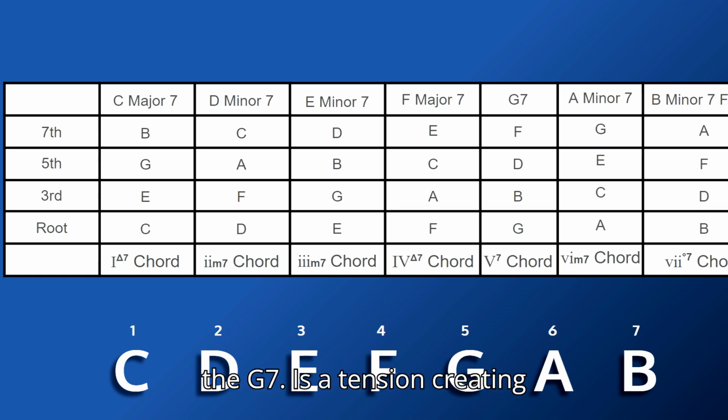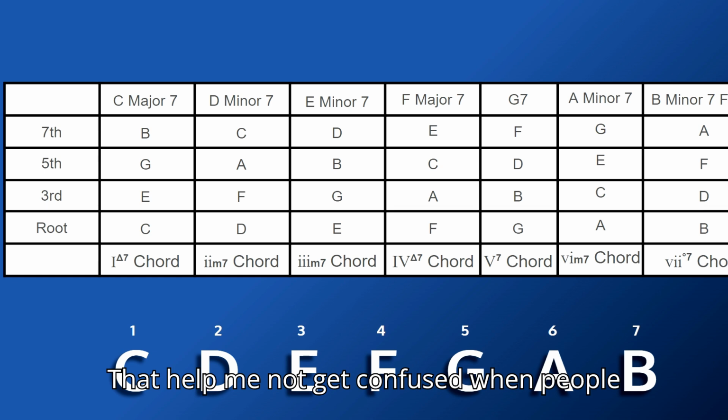The G7 is a tension creating chord which wants to pull us back to the tonic, in this case C major. I'll illustrate that point. This is one of the most crucial music theory elements. It's really nice. So next I'm going to show you a trick that helps me not get confused